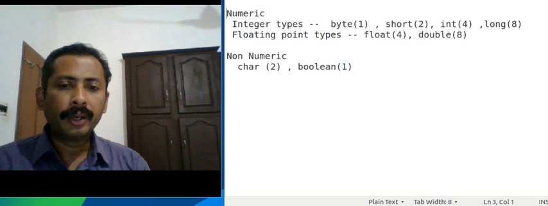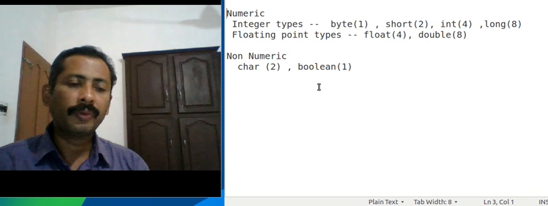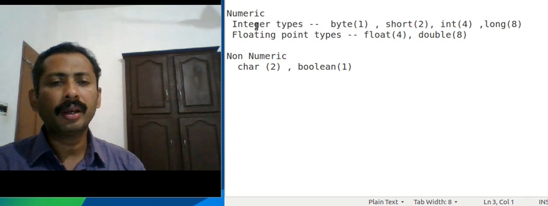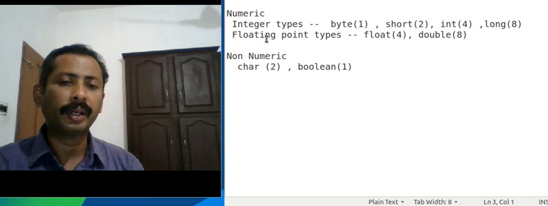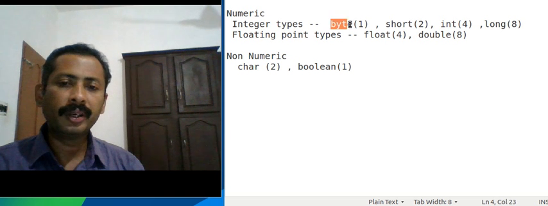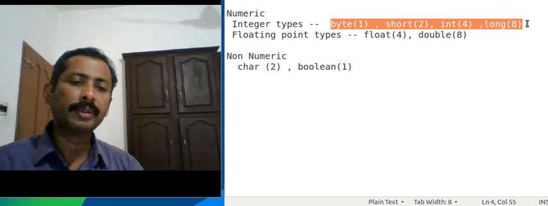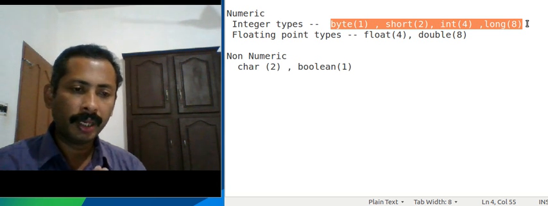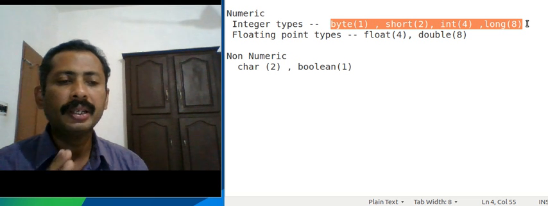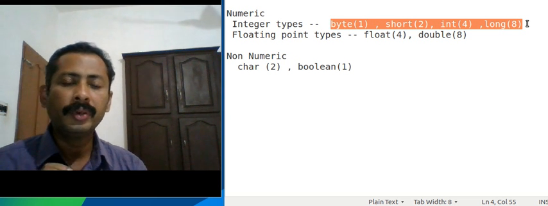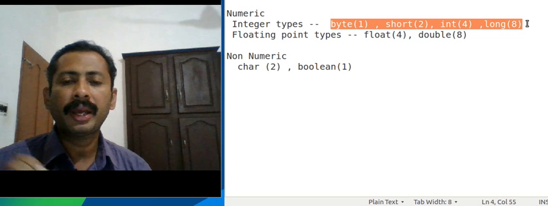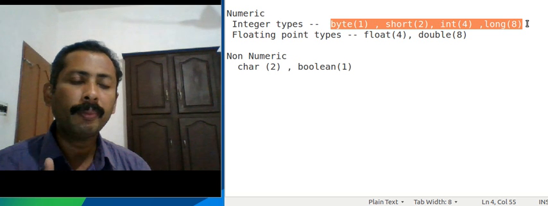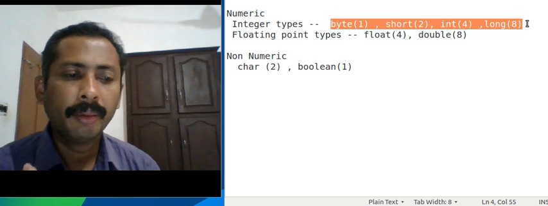And in primitive types we have the two classifications as numeric and non-numeric. And in numeric we can have integer and floating point types. The different keywords used for declaring variables of integer type are byte, short, int and long. A byte is a data type which consumes a single byte. In brackets it is shown the number of bytes it consumes in memory. So 1 byte is allocated for this byte